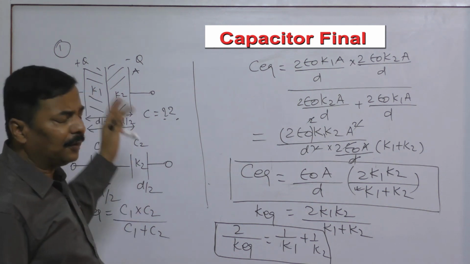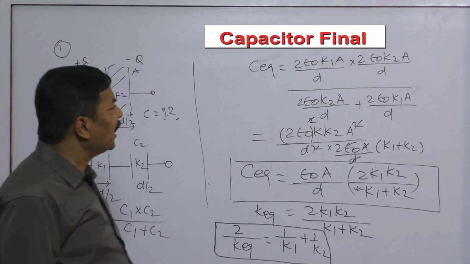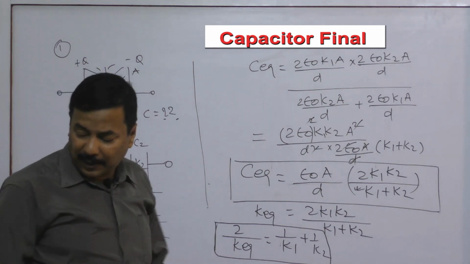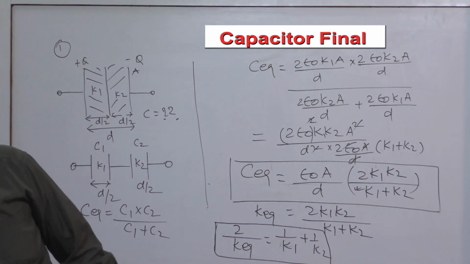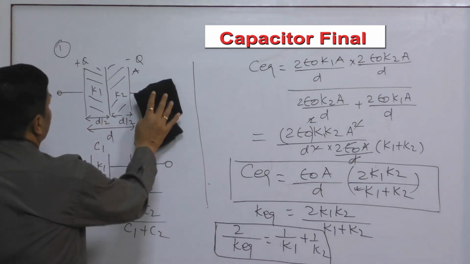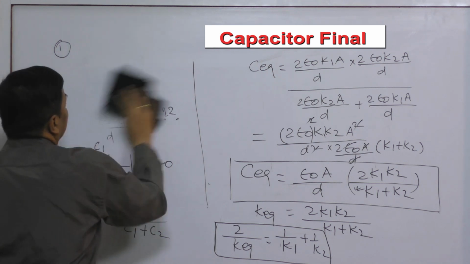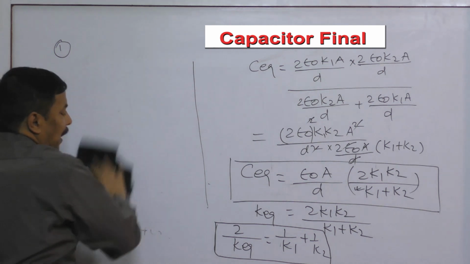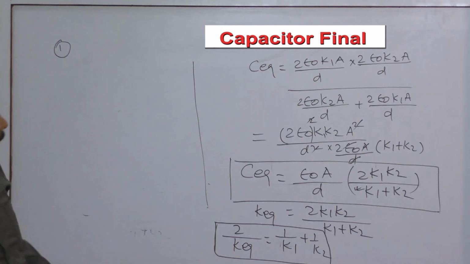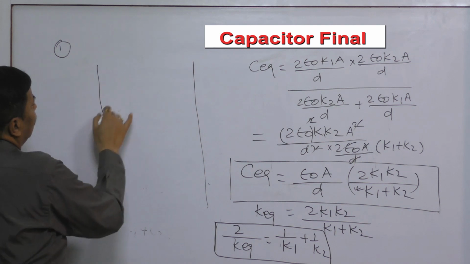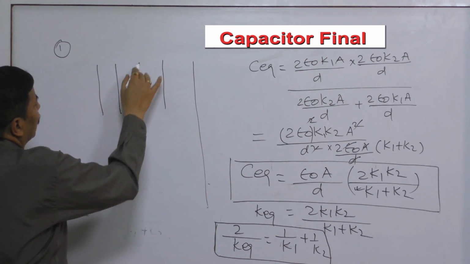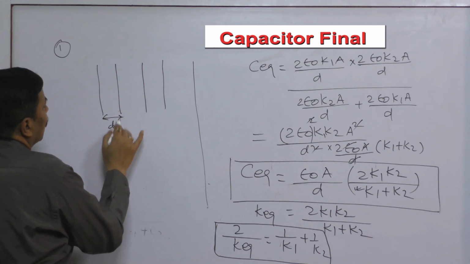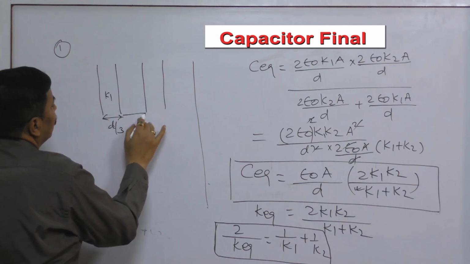So this thing we have understood. Now the next thing is that if, suppose, in the parallel plate capacitor, not 2 but 3, in this example only I will tell you that in the parallel plate capacitor there are 3 regions symmetrically placed. That means this is D by 3, this is K1, this is D by 3,